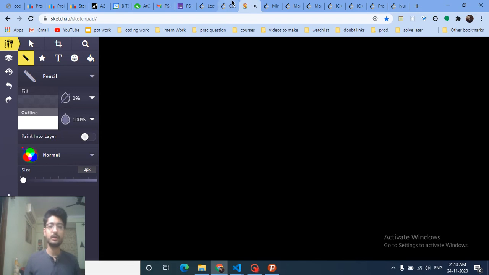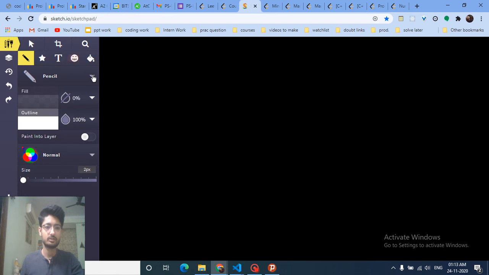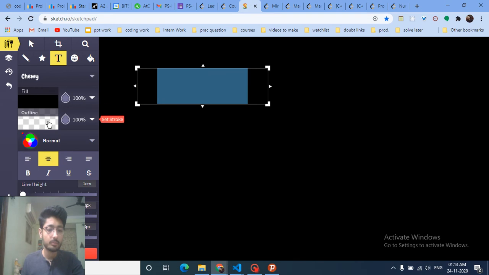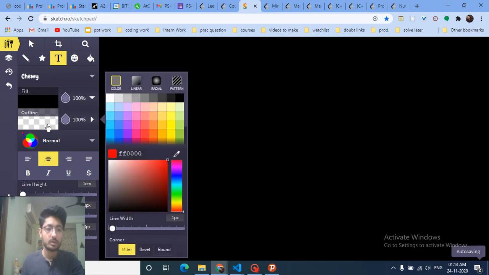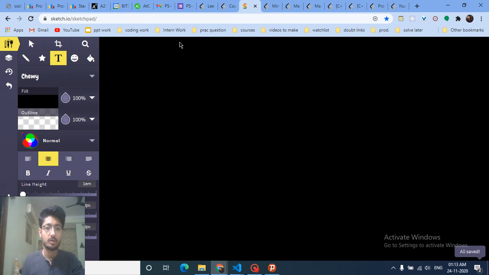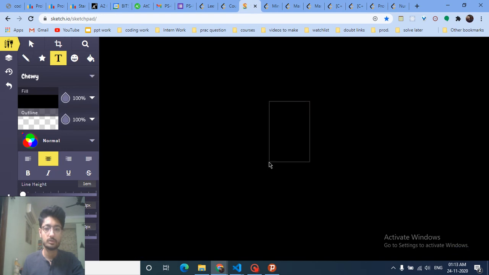So I'll take this example only to make it more clear. Let's start, or just paste this example here. Okay, is this not working?